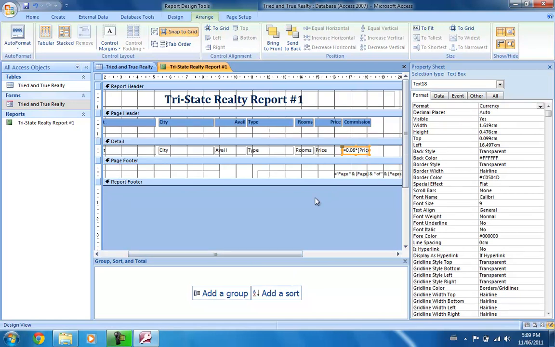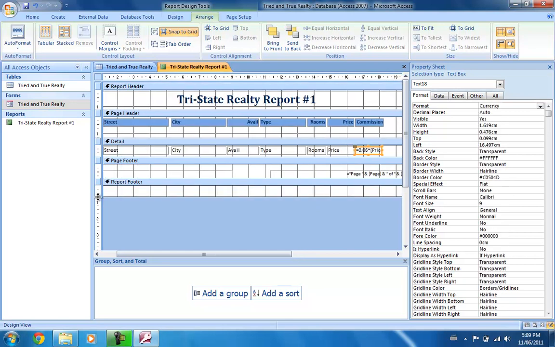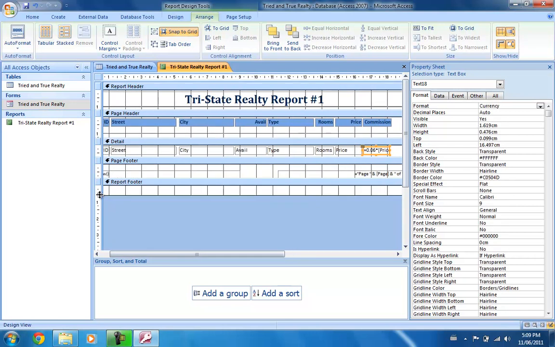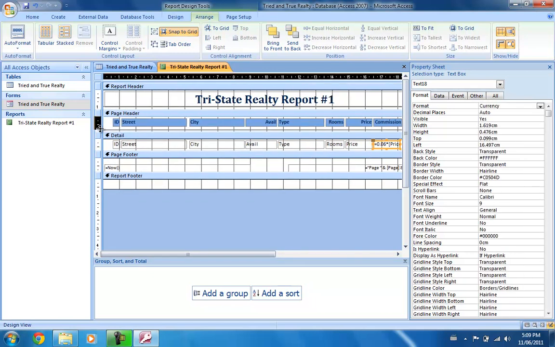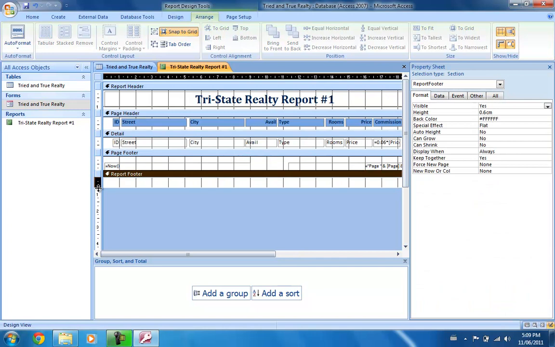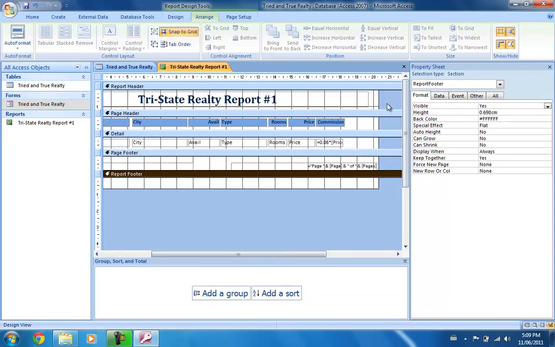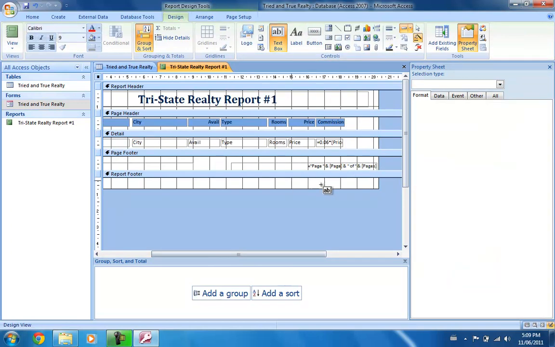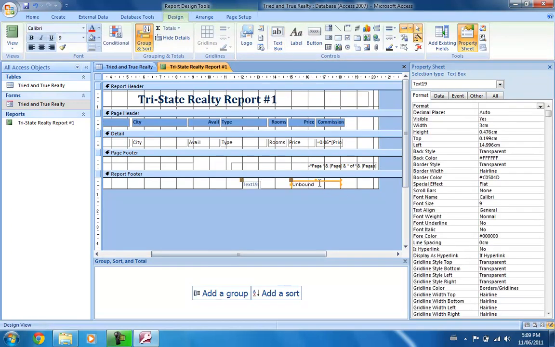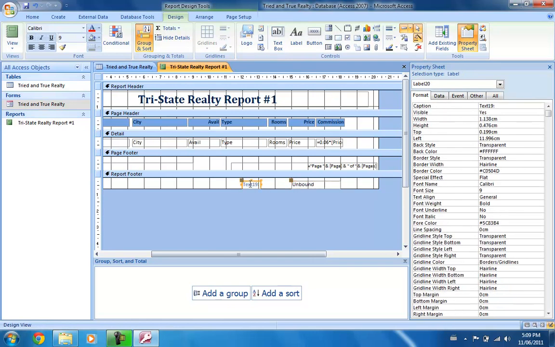And there's actually one more bit of work that we have to do. In your report footer, let's make it a bit bigger. It currently occupies 0 space. So in your report footer, just expand it out a bit. Make a text box. Click on the design view and click on text box and drag a text box here. And you'll see that by dragging a text box, it automatically makes a label box as well. So align those up so they're in the middle of